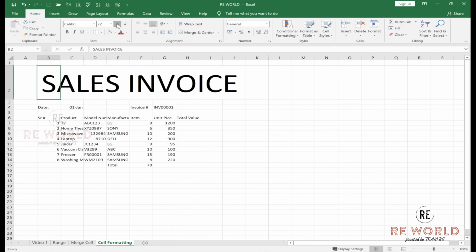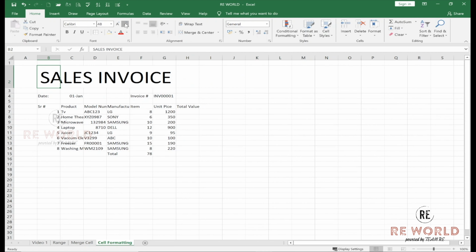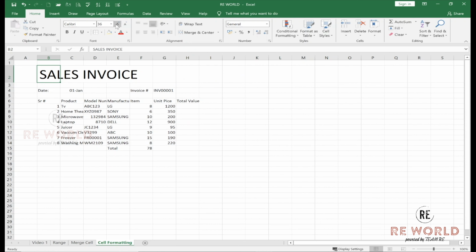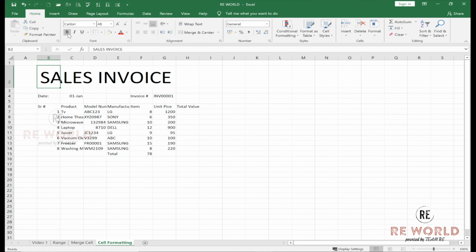So we cannot make it too big. It must be based on the paper, it must be based on the size of the invoice. So let's see, I think it will be sufficient up till here. This is the date and these are the titles of the table where we are going to put all the item names. So let's start first by selecting a range.